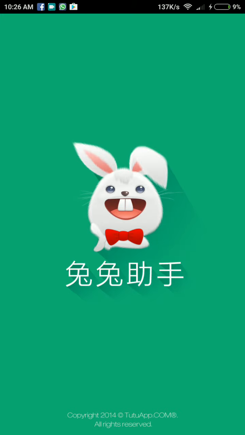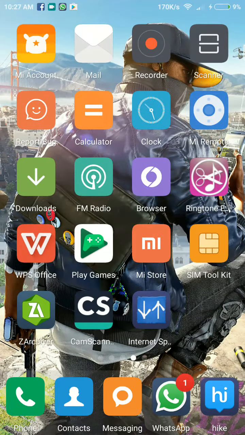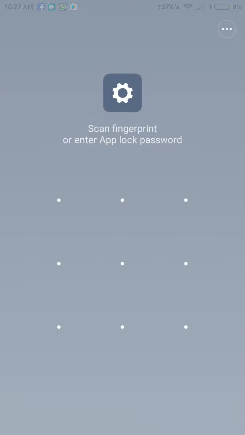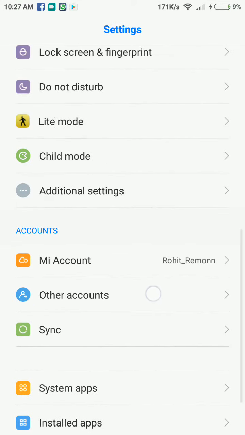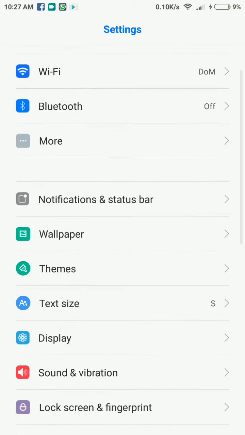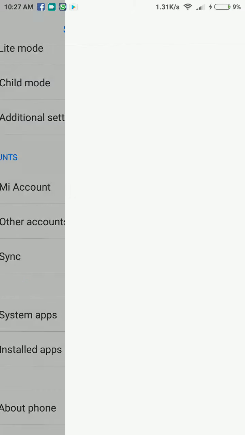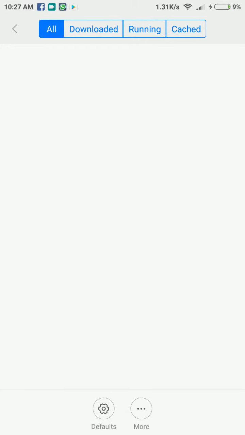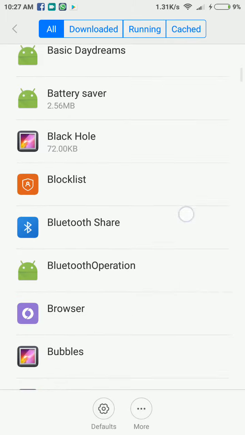The first thing I forgot to tell you is that once you install the app, don't open it. Just go to your settings, and here in the app settings, because this application already accesses most of your data, like your photos, your gallery, your storage. So just to be secure about that, you need to go to the app settings. Here I'm using a Redmi Note 3, so the UI is a little bit different, so I'll tell you how to do that.